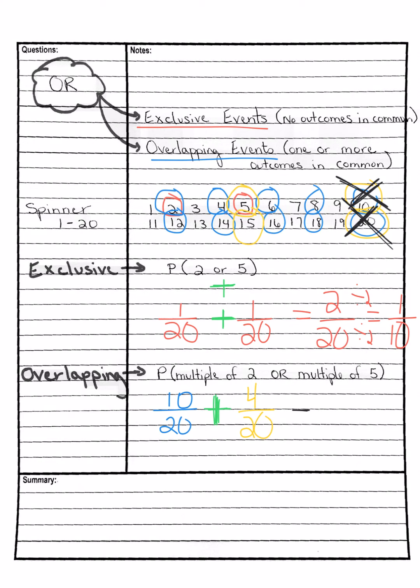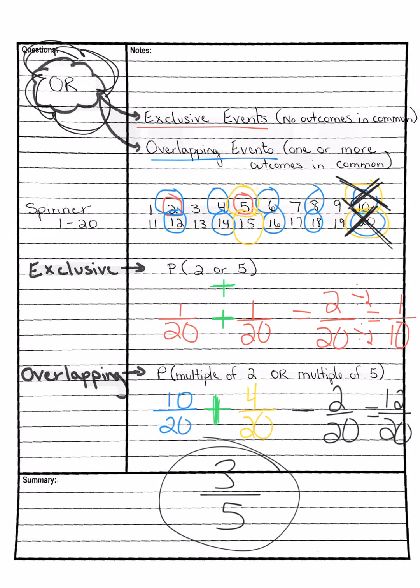So we actually need to take away the ones that we've circled twice. We've circled 2 out of 20. So if we add these and take away, we know 10 plus 4 is 14. Take away 2, we would get 12/20ths. And if we simplify 12/20ths, we get 3/5. So if I were to summarize this for you, we need to make sure we understand that our probability is either going to have an or